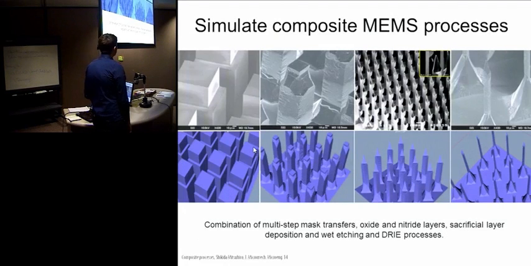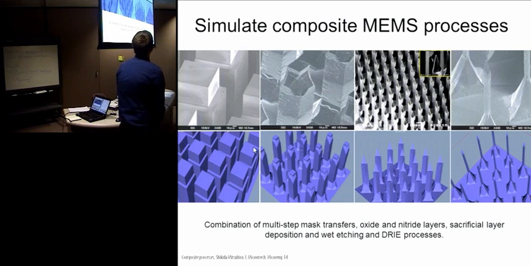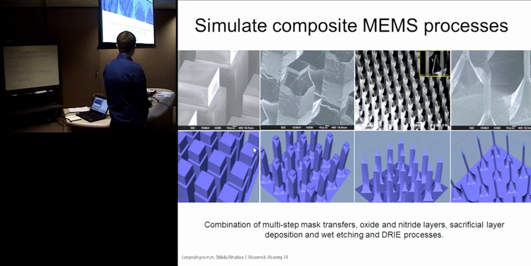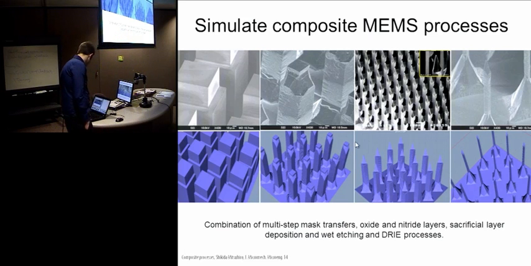Next, we have Intella Etch. This is probably one of our most popular tools. It's an anisotropic etch simulator. We've recently released a GPU version that uses your graphics card to run simulations up to 100 times faster than our CPU version. When someone purchases Intella Etch, we just include both versions. We also include a calibration tool, which